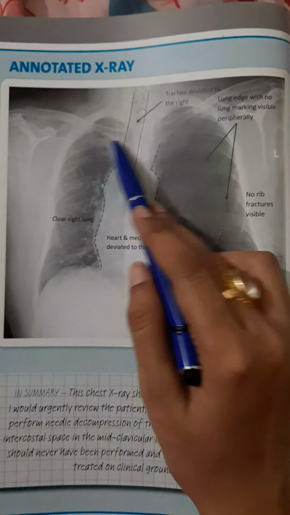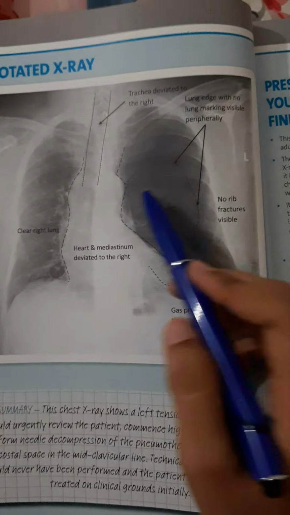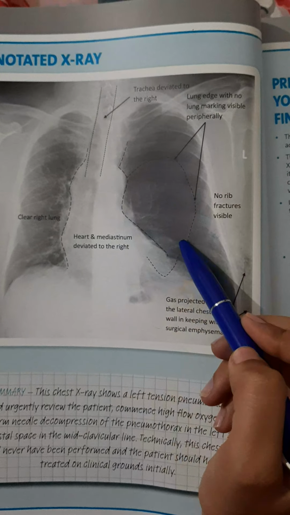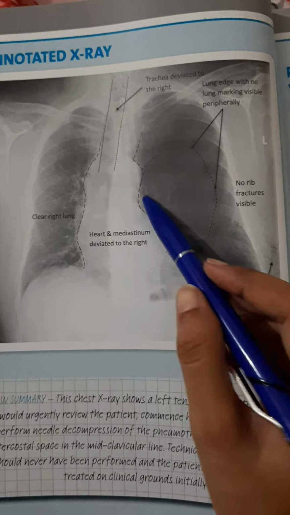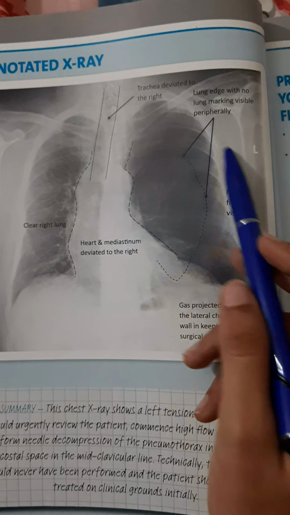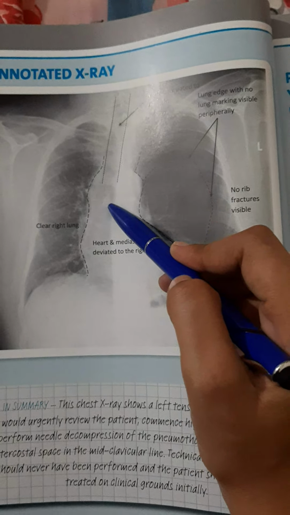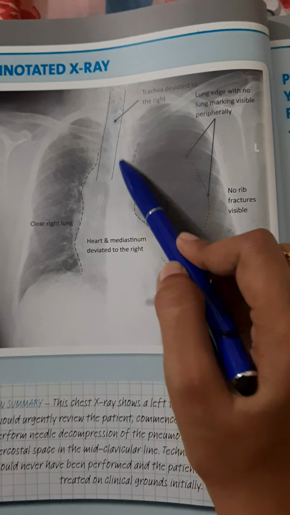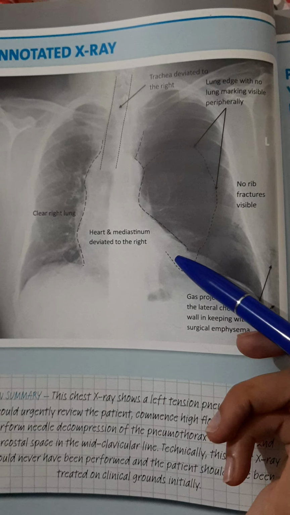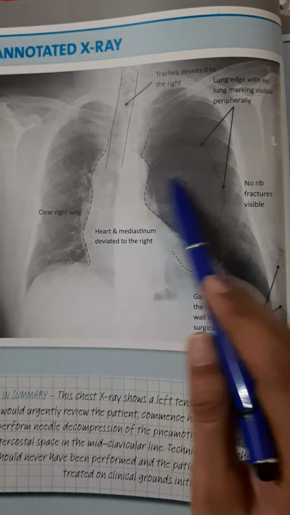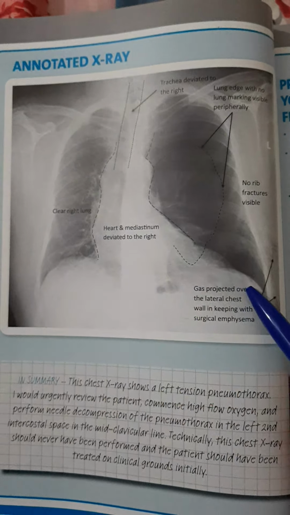How will we present the findings to the examiner? We will describe that this is the PA chest X-ray of an adult 48-year-old man. This is a technically adequate X-ray. The patient is not rotated. This is the deviation of the trachea, but the patient is not rotated. Good inspiratory effort and adequate penetration are visible on the chest X-ray, and there are no important areas cut off at the edge of the X-ray.